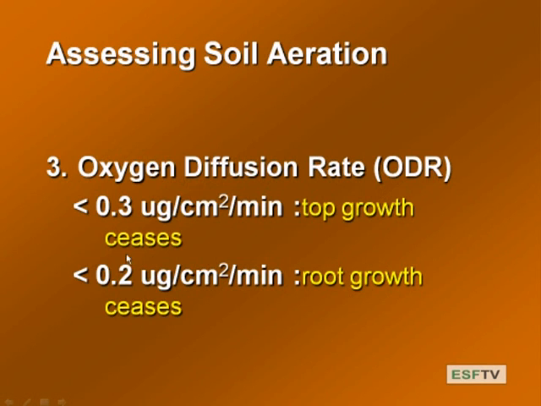So this 0.2 to 0.3 range, this is kind of not very good news for aerobic organisms, and so this is the cutoff. So we go from well aerated to poorly aerated, and this is our cutoff. So we add this to total porosity, macroporosity, air-filled porosity. We add this to our idea of concentrations of oxygen, concentrations of CO2, and we have now three quantitative ways to assess soil aeration. It's either good or bad, and these are the cutoffs.